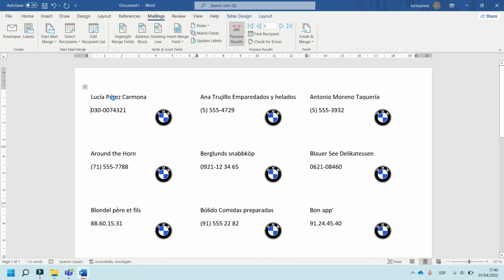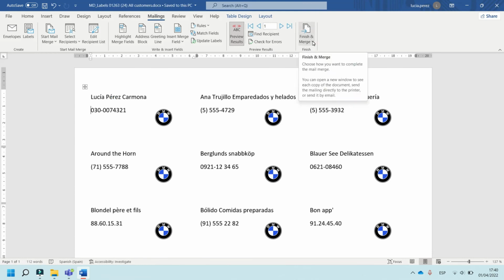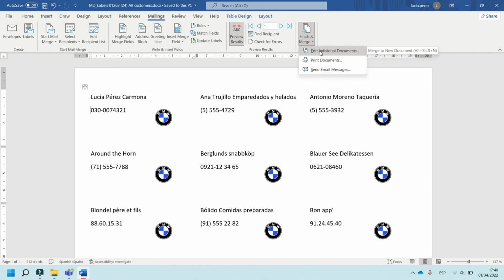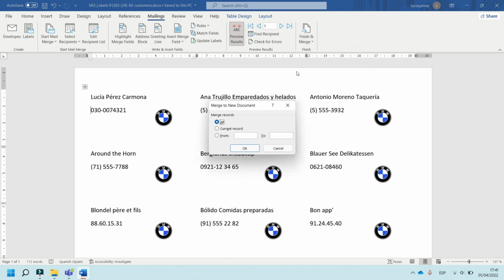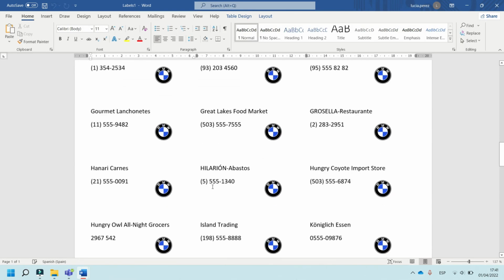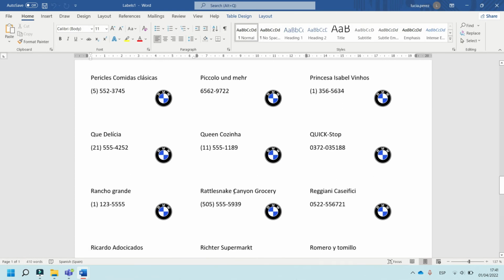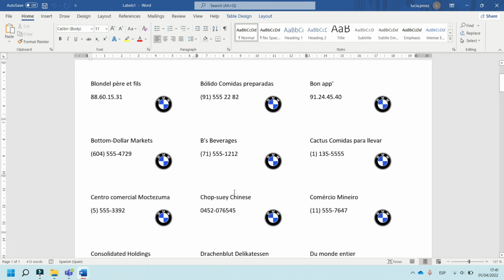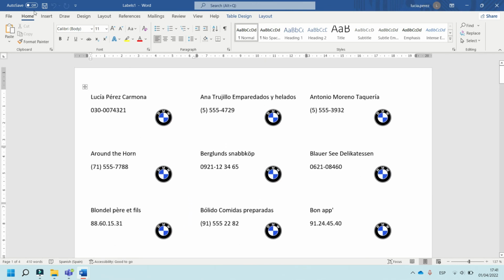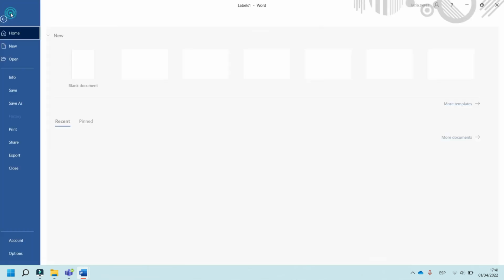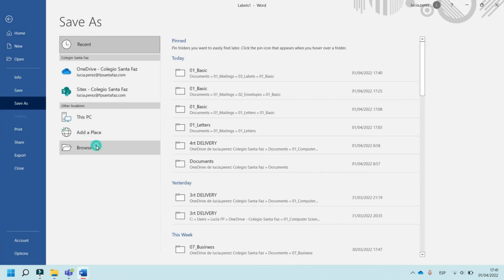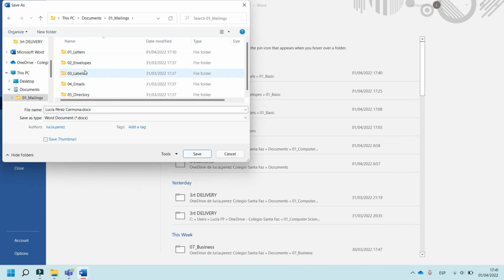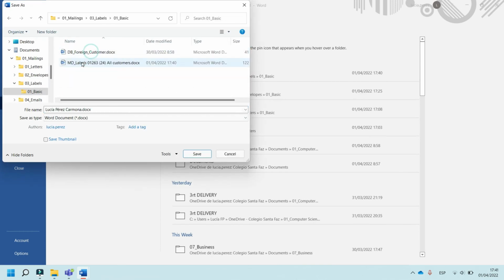Click on Save, and now in Finish and Merge, in this option Edit Individual Documents, select All merged records, click on OK, and put it on the most page. And now to save this document, in File, Save As, Browse, in Mailings, Labels, Basic, and in this case is